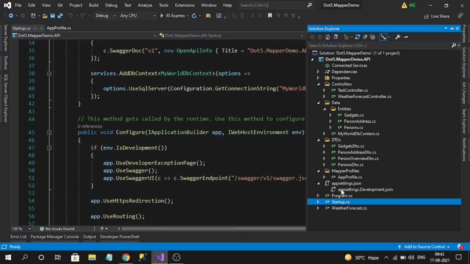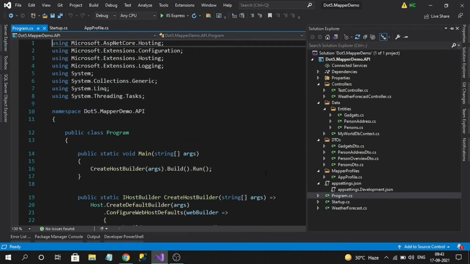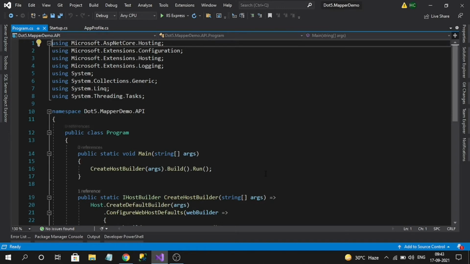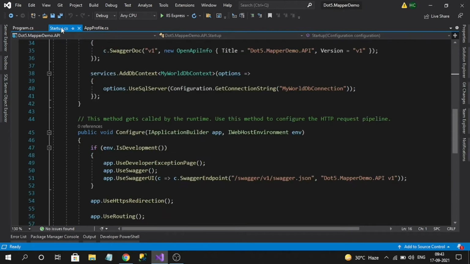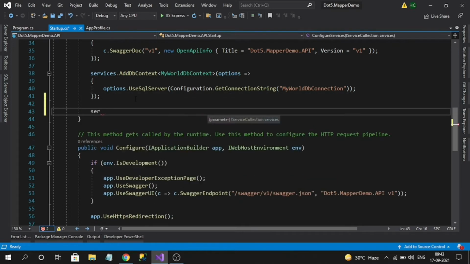If you observe, the Startup.cs and Program.cs files are in the root folder. If I pass this type name, it will automatically load the assembly and read all the profiles that exist inside this namespace. To do that, I will write services dot.